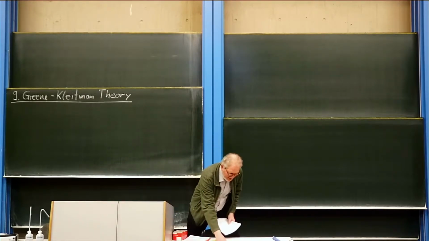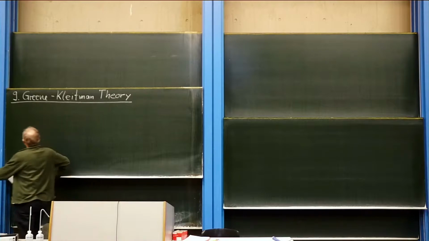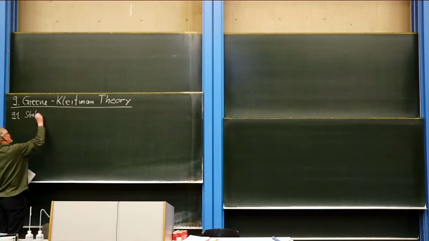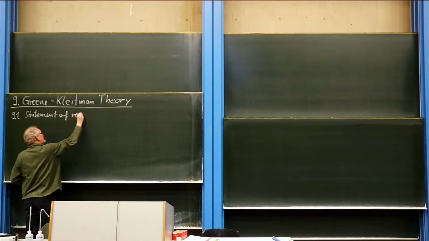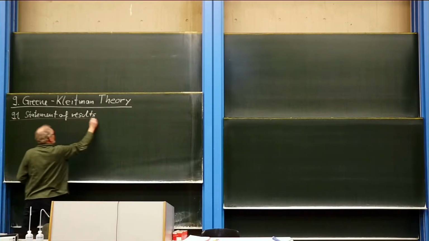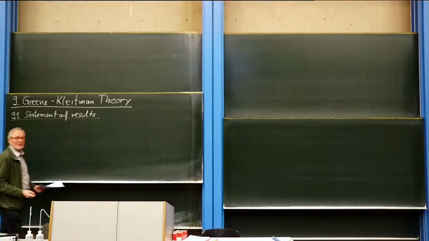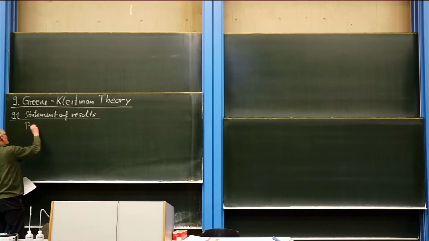We are going to start with an introduction, which is basically a statement of the results. In the whole lecture today, we are going to assume that we have a given partial order